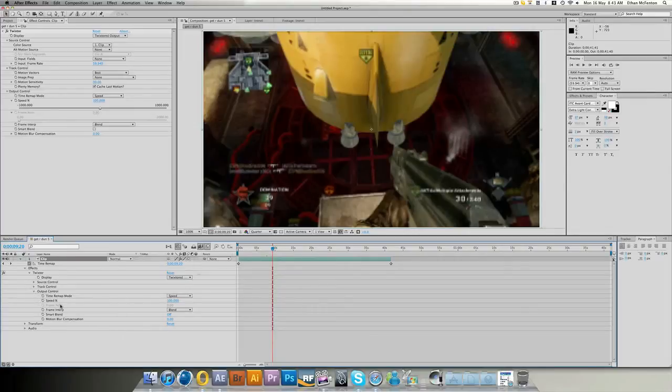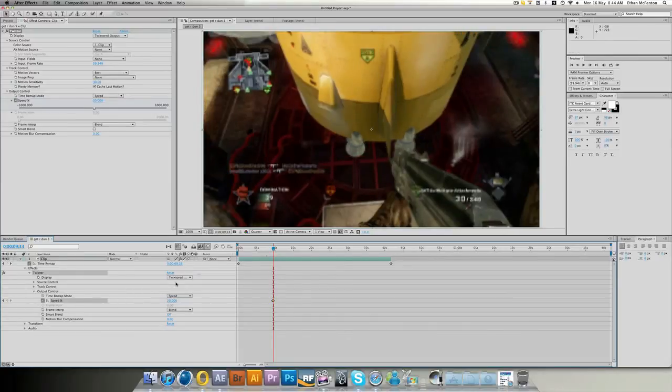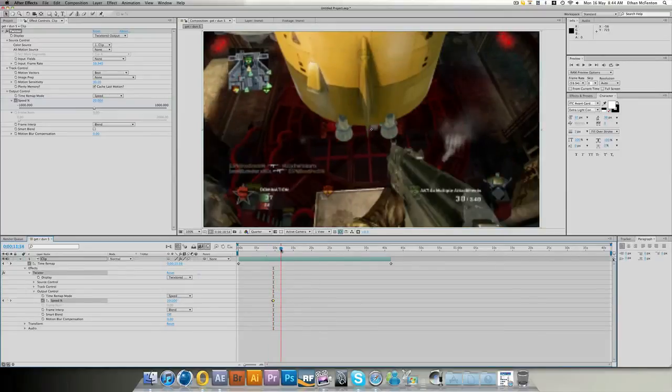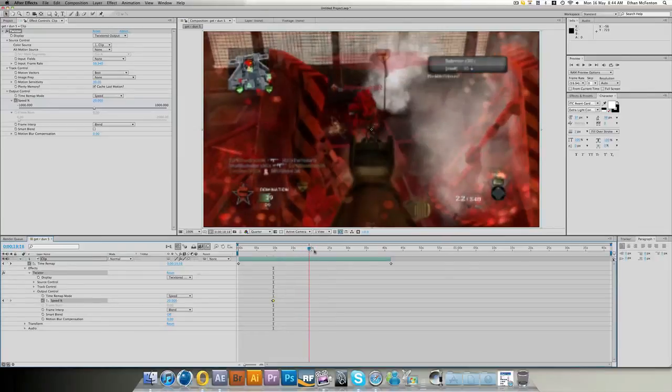And on speed, we want to click the little stopwatch once. Now as you can see, a keyframe has been created here. That's for 100% speed. So if I jump forward a couple of frames and I put that speed to, let's try 20%. The lowest you will get with an HD PVR is around 2-3%, but that's for very motionless clips. So now my speed is 20% all the way through here,